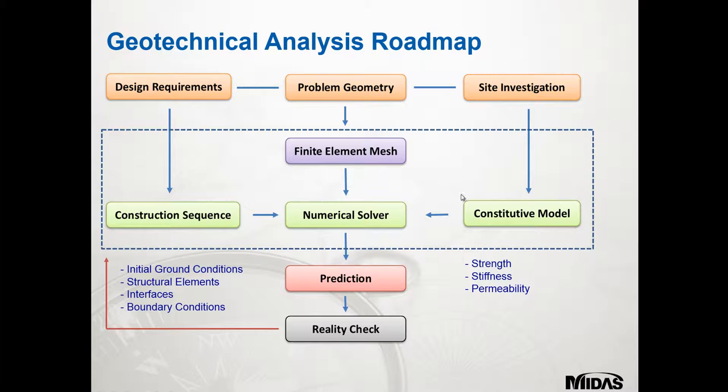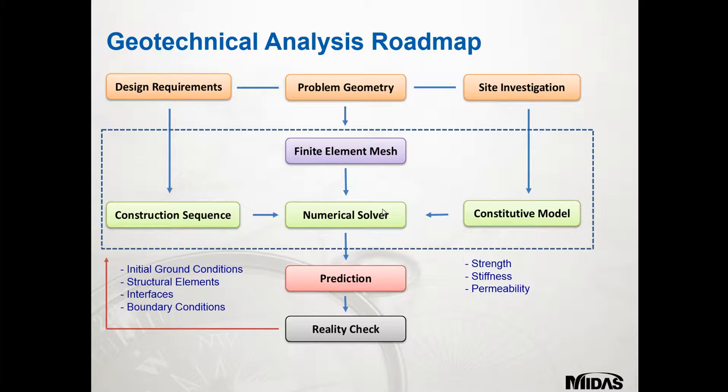As you go down to the next level, for the design requirements, you have the construction sequence, or the elements you have to input into the system. Then on the other side, from the site investigation, you've got the constitutive model that you're actually going to select. Just underneath you've got strength, stiffness, permeability. We're talking about Mohr-Coulomb and things like that, and these are all entwined into the constitutive model. Then you merge the construction sequence with the constitutive model, and you get the numerical solver,